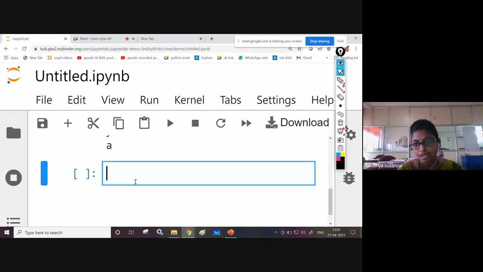Now see the program statement. Okay, see, this is an integer number, right? 123 is an integer number.